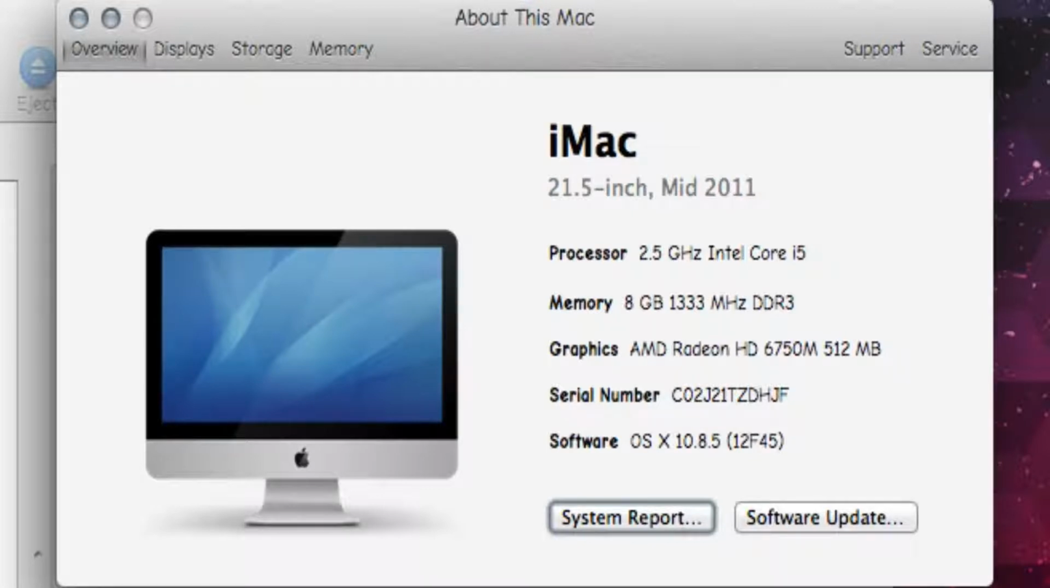What is my ScreenFlow keyboard shortcut? Okay, yeah, sorry about that, but anyways,